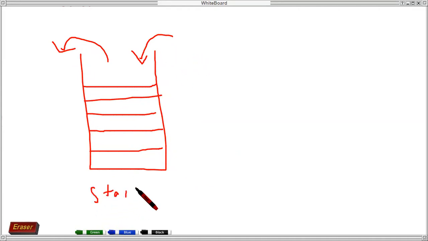Also, in the stack, another thing happened. Whatever comes in goes at the bottom. This is 1, this is 2, this is 3, this is 4, and this is 5. Whichever entered the last will come out first. That means the popping sequence will be 5, 4, 3, 2, and then 1. That means 1, which is at the bottom, will come out at the last. This is the stack sequence.